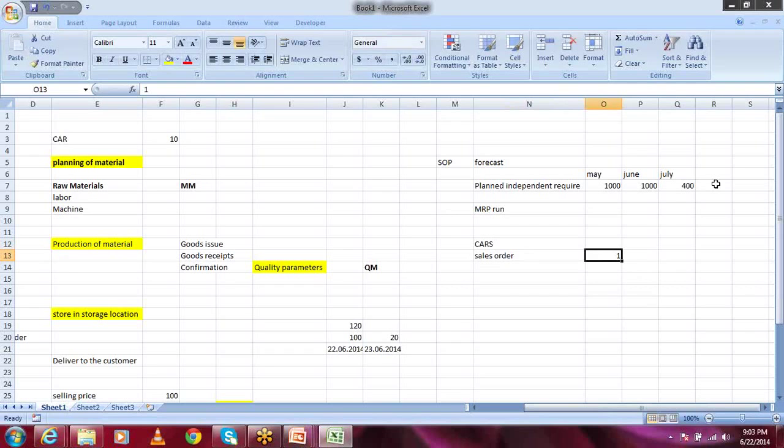So once we have done the forecasting, I can get the demand. Yes, the output of forecasting is demand. Where will it go next? You will get this demand, and demand is nothing but your PIRs.